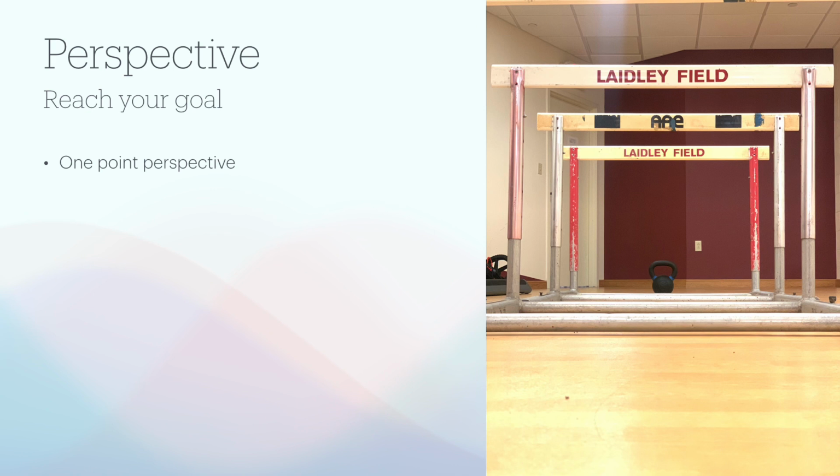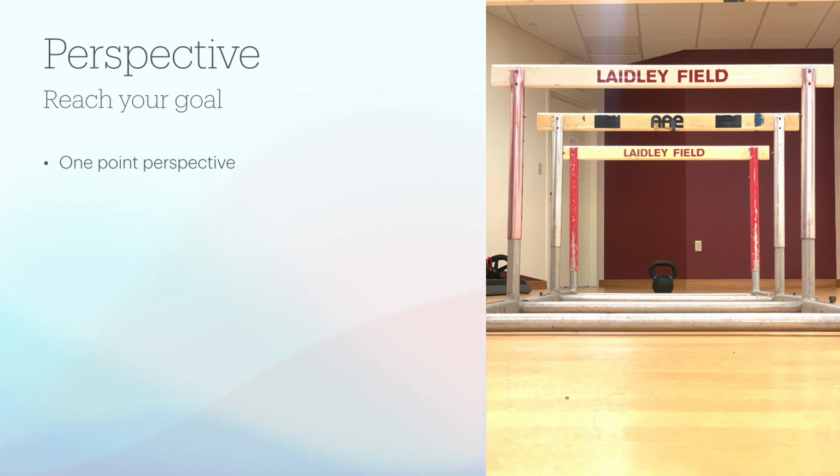For perspective, there are 3 types of perspective: 1 point, 2 point, and 3 point perspective. I used 1 point perspective in this photo, and this photo is called Reach Your Goal. I took this photo at the gym, and what I did was I rearranged the hurdles accordingly, and I put a single kettlebell right in front of the hurdles, and I took this photo at a low angle, and I created leading lines